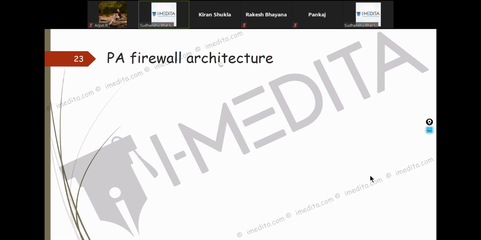I can open the firewall UI directly and manage the firewall from there. It's not necessary to have Panorama. So I can open the firewall user interface directly to manage and create security policies and everything. That we are going to do, UI based.